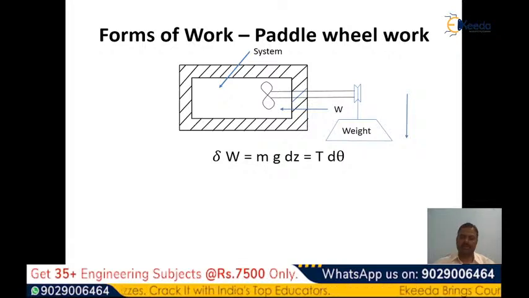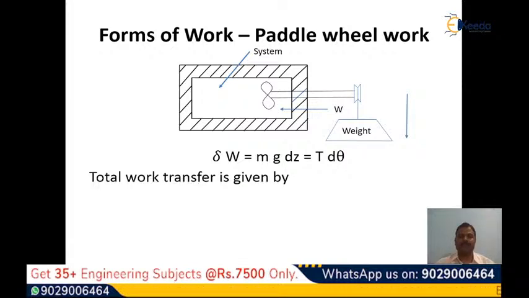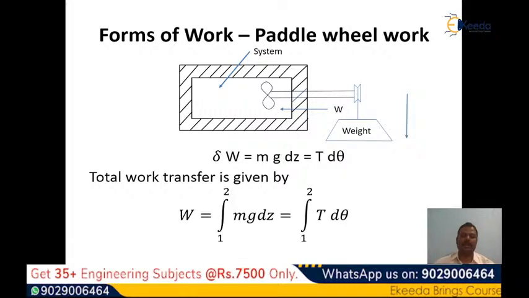So this is the paddle wheel work, and after that the total work transfer in this case is given by W equals integration from 1 to 2 of mg dz, which is equal to integration from 1 to 2 of T dθ. So this is about paddle wheel work, and after that we will have